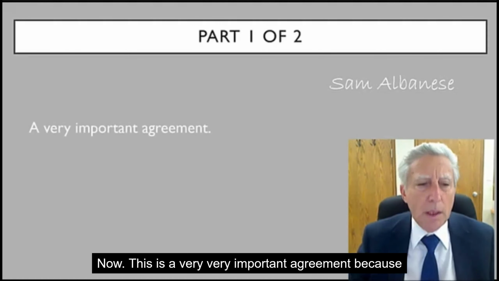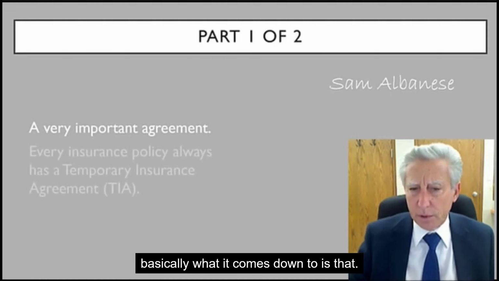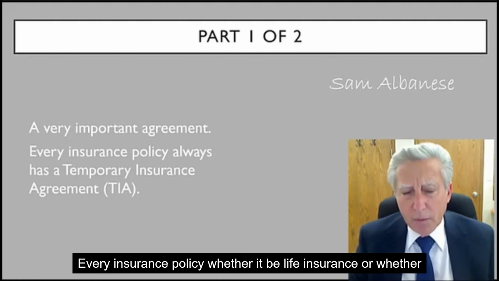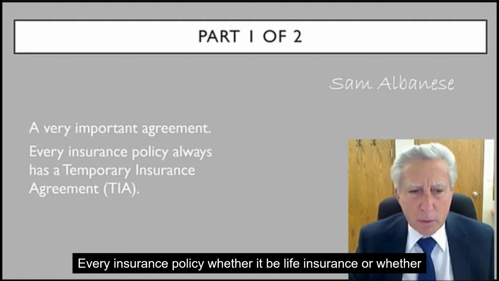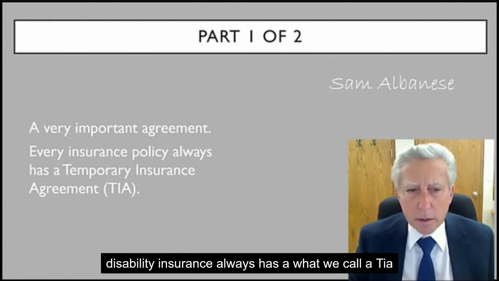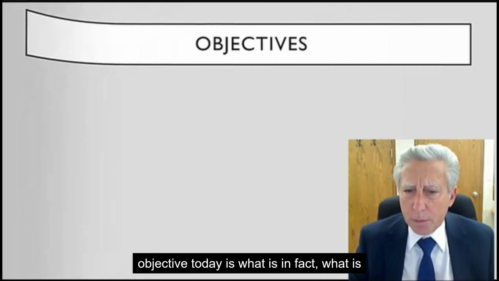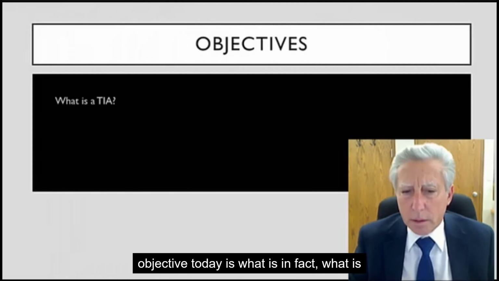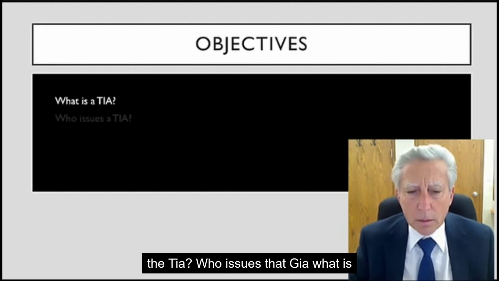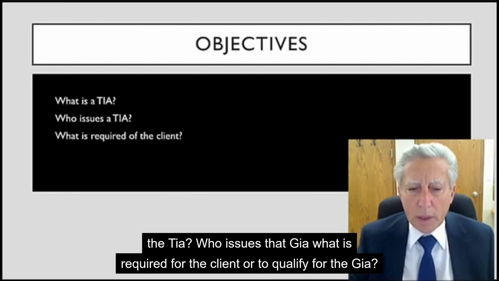Insurance agreement. Now, this is a very, very important agreement because basically what it comes down to is that every insurance policy, whether it be life insurance or disability insurance, always has what we call a TIA, or temporary insurance agreement, okay? So the objective today is what is the TIA, who issues the TIA, what is required for